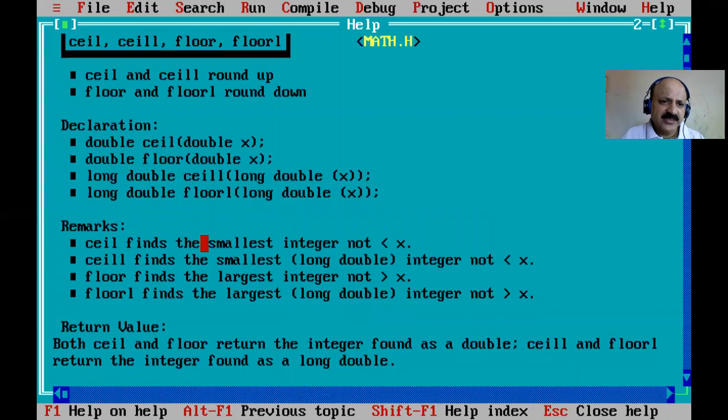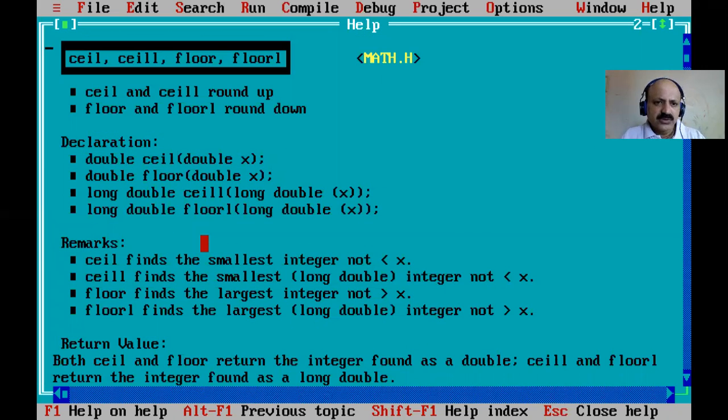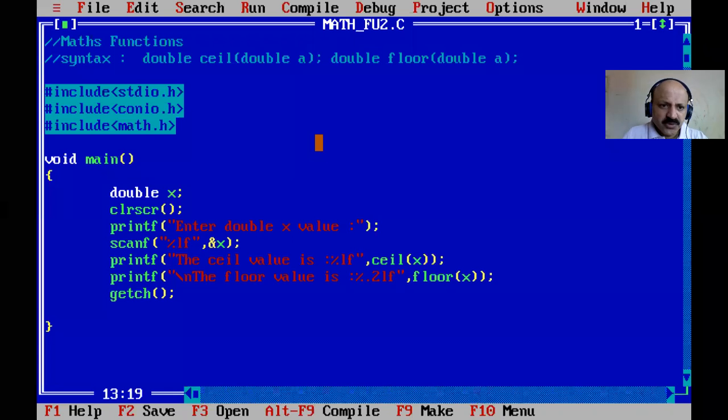Yes, that syntax is double, and also pass the argument as a double. So that is rounding up. Yes, here is rounding. So here you can look, round up, and here round down. So okay, floor and ceiling, and also that is possible.